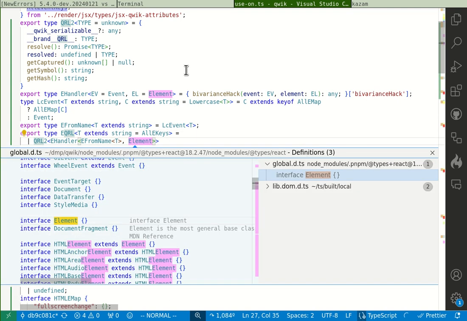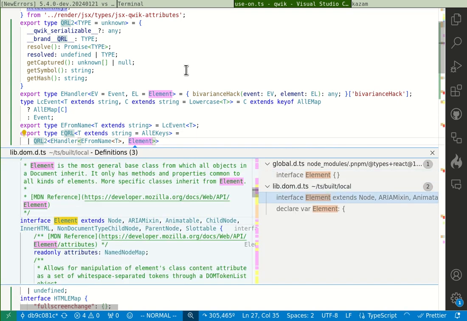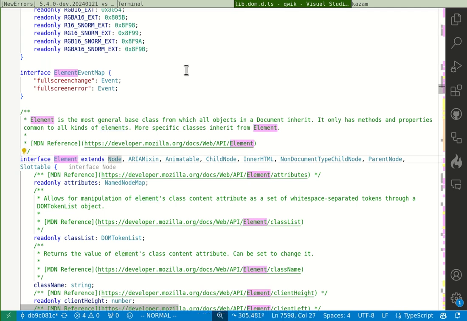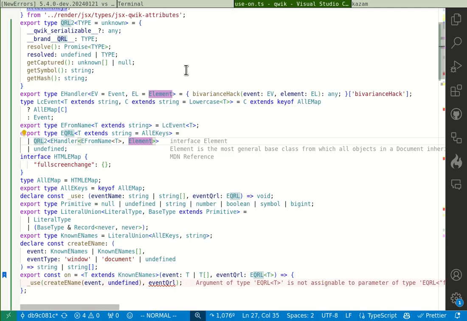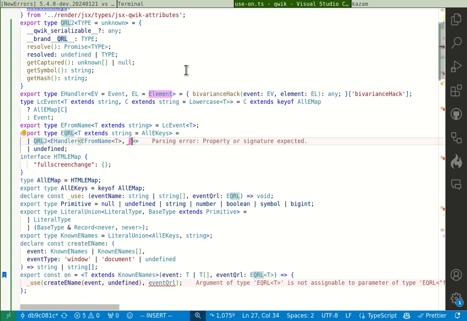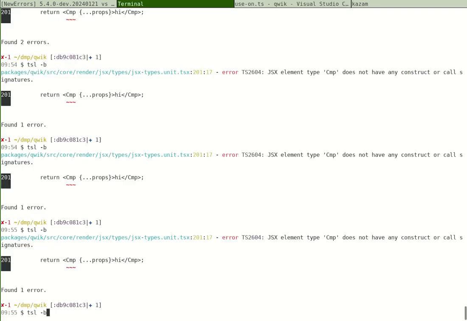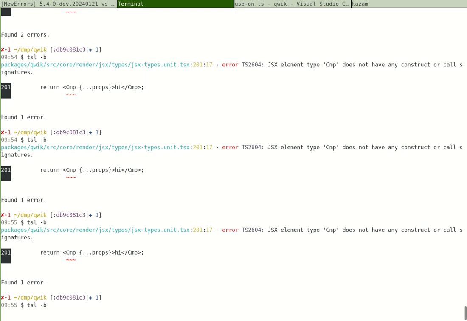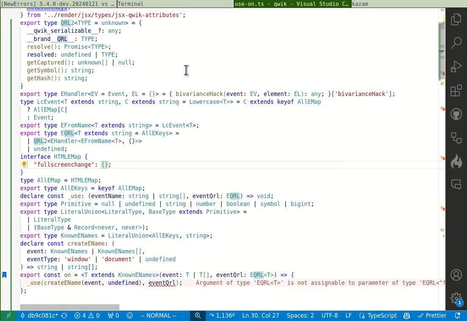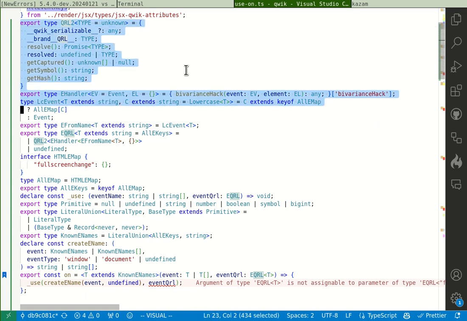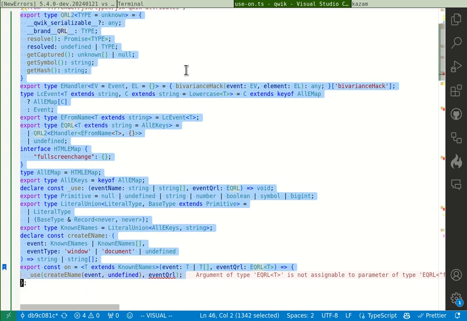Element. Can I... What if I just inline that with a curly? Yeah, okay, we didn't need that at all, looks like. Good. Okay, so now I think all of the DOM types are gone too. So let's take our code and dump it into